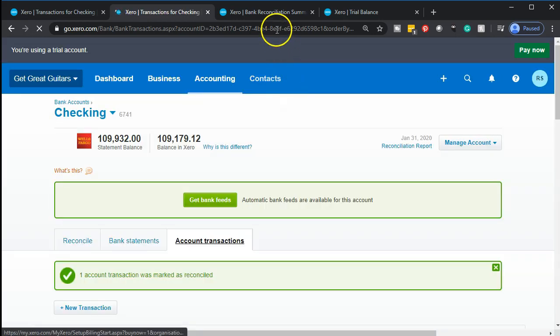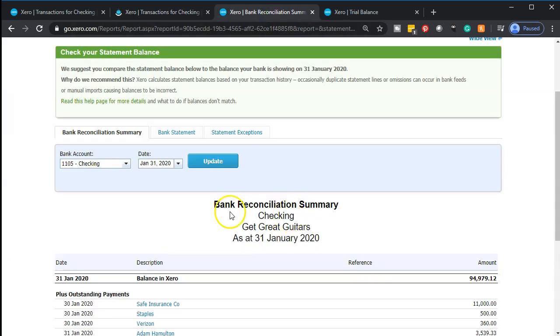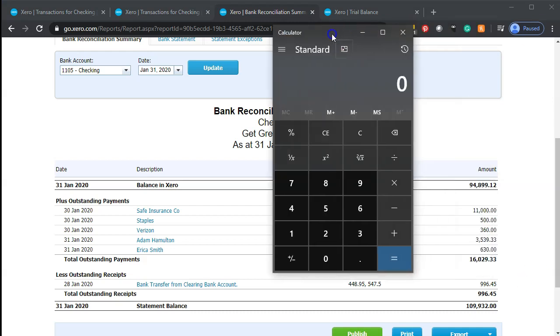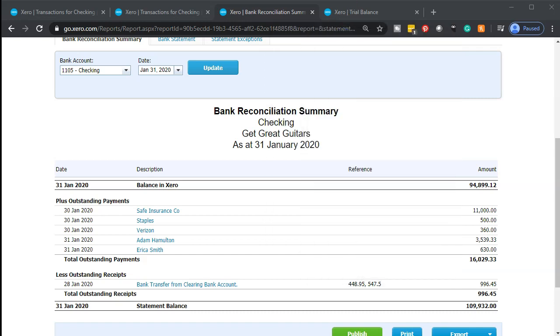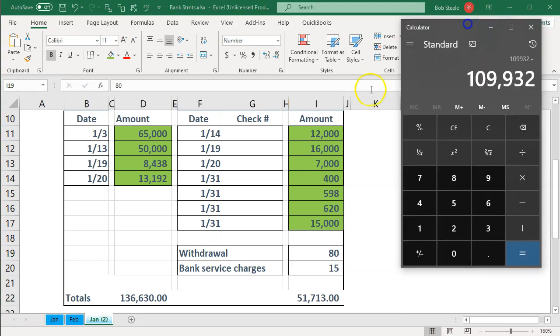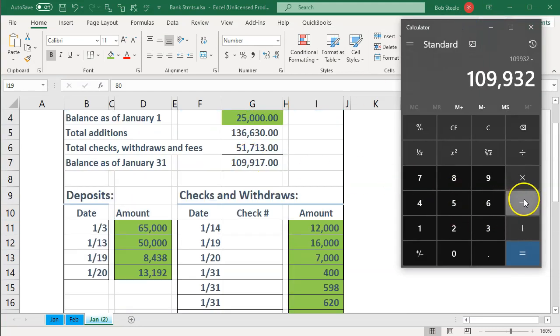That has been reconciled. And then if we go back to the reconciliation and update it, we're going to say that the $80 is reconciled. We should be that much closer down here on our bottom line number. So we're at the 109. Just to double check this as we go, we're at the 109,932 minus, and then if we go over to our bank statement, the ending balance here minus the